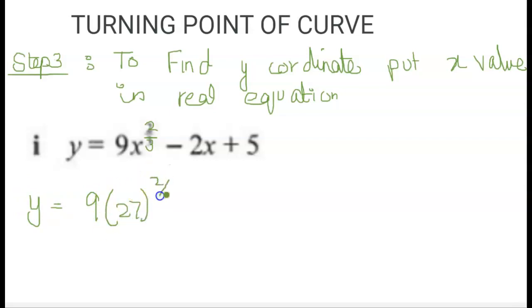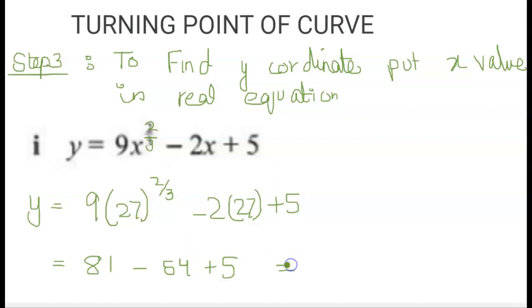27 to the power 2 over 3 minus 2 times 27 plus 5. When you simplify that, it becomes 81 minus 54 plus 5, and you can just put that in a calculator to get an answer. So we got an answer 32, which means the turning point in this case, what's the turning point? 27,